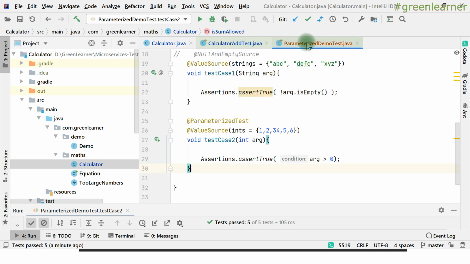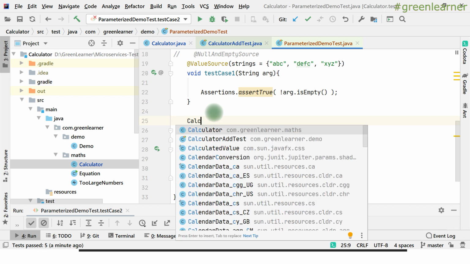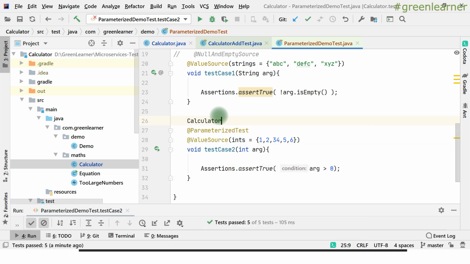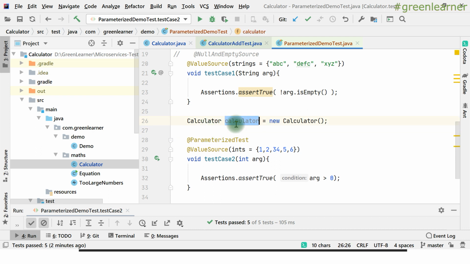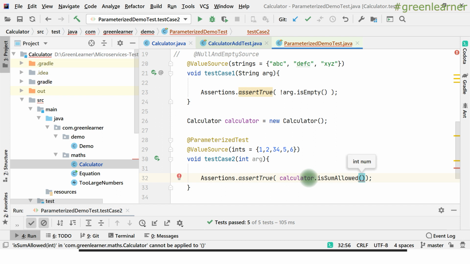So write the test for this one, right? I have to have the calculator instance here, calc, new calculator, right? So I want this instance only for this test case. No, just keep it here, no problem. So I will be using this calculator and passing the isSumAllowed arg, right?